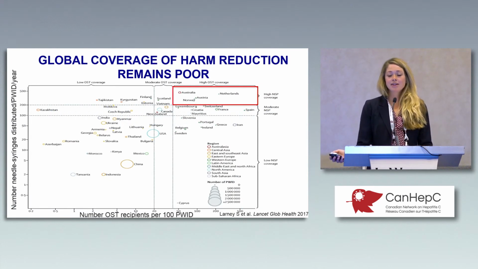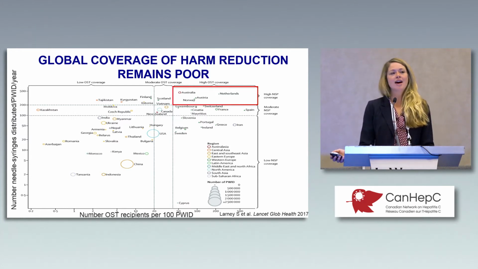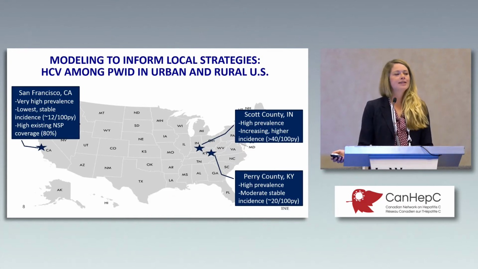So Sarah Larney and Louise Dagenhart have done a great review which showed that the global coverage of harm reduction is incredibly poor. So there are major gaps in terms of harm reduction access globally. Only 4 countries where there's available data achieving high coverage of needle syringe programs and opiate substitution therapy for people who inject drugs. So this is a critical need. And I think the modeling has done a nice job of trying to re-emphasize the value of these harm reduction